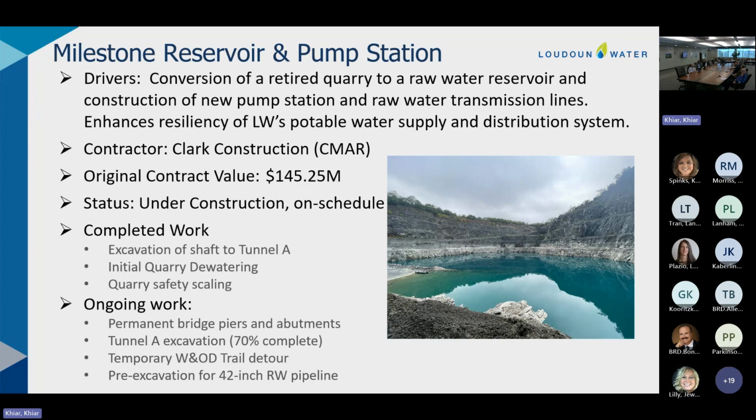We have been working in close coordination with Nova Parks on this, and so far, knock on wood, no public complaints, which is a feat I'm pretty proud of, given that we have not just this project, but GCIP, the prior project that we presented here, has a component of a force main line crossing along that trail as well, which sees heavy activity. And so I won't lie, I was a little bit apprehensive coming into this in terms of public impact.